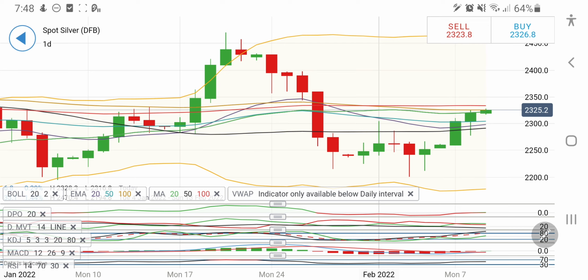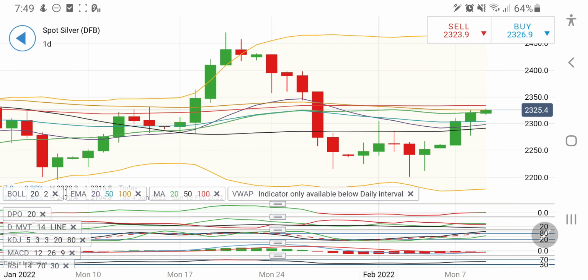Till the time 1824 is sustained, you can remain long. For 1829, beyond 1829, 1832, 1835, 1838, and beyond 1838 it will fly very strongly towards 1845 and 47 levels. This is clear. Now on the downside, once it trades below 1825, I will remain moderately bullish till it's below